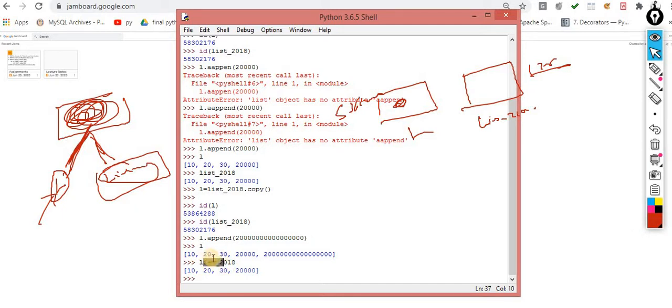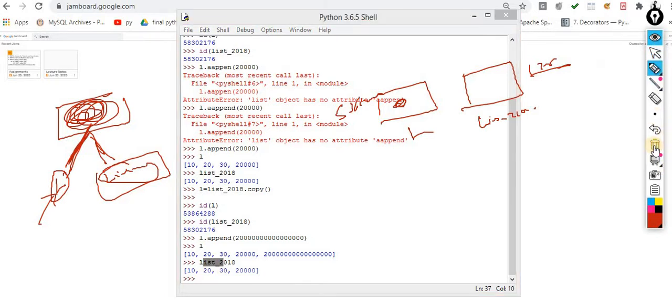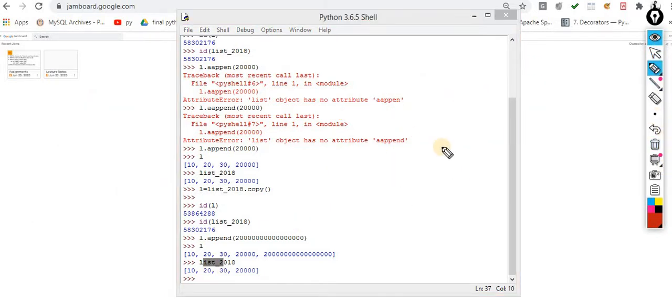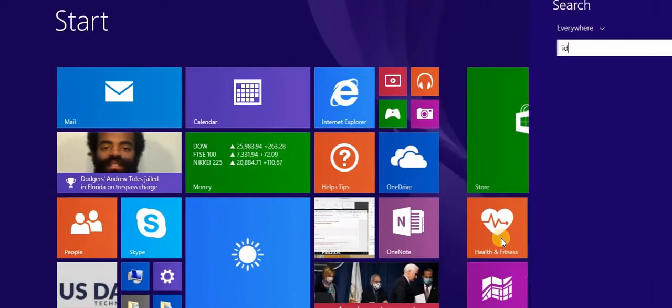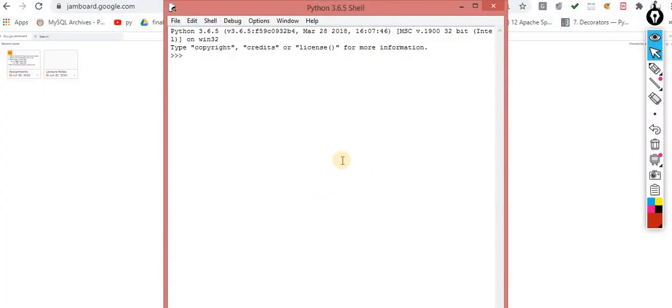So the next one is aliasing, copying, and the next one is concatenating. For concatenation, the plus operator is there.